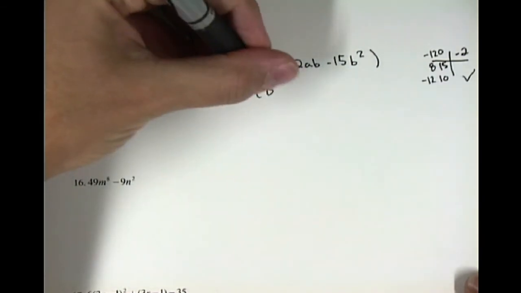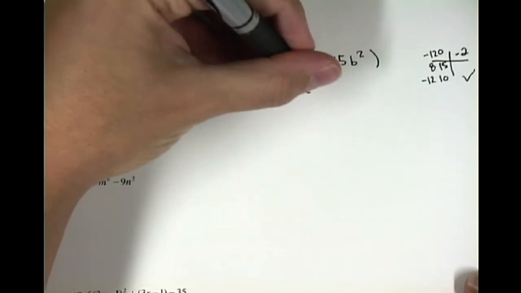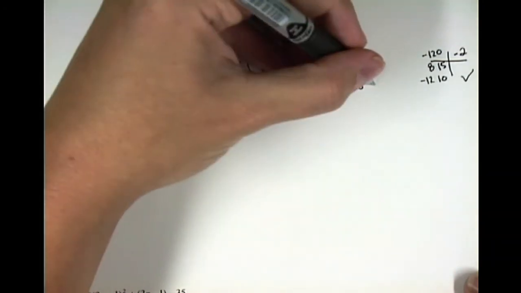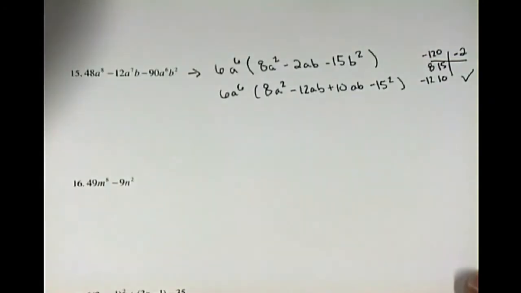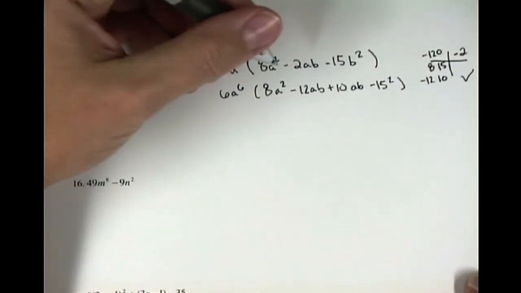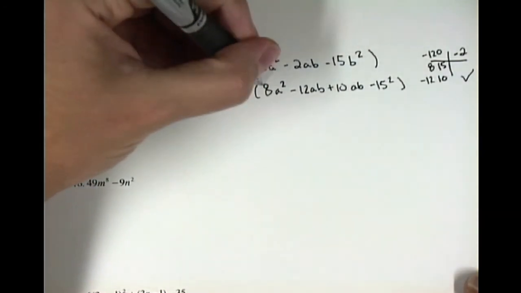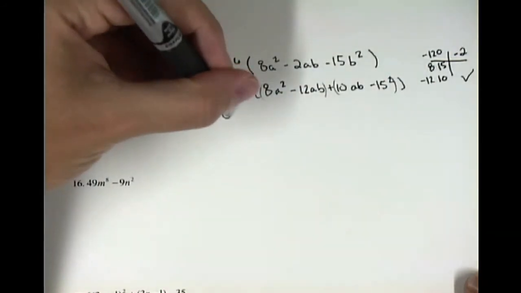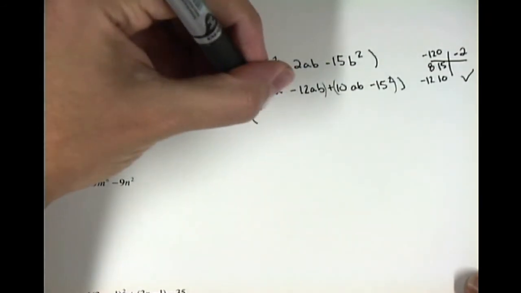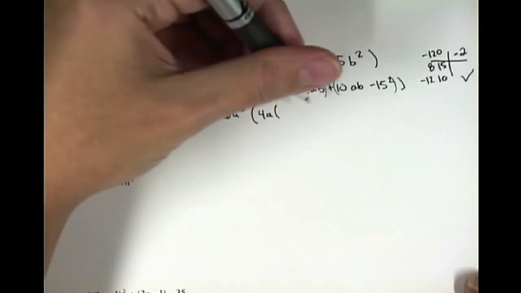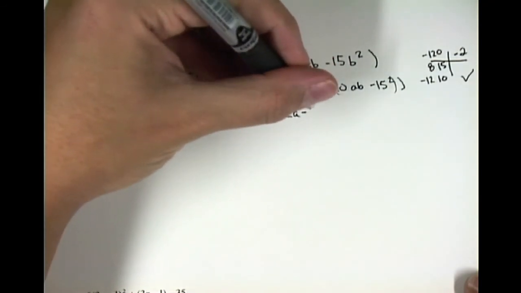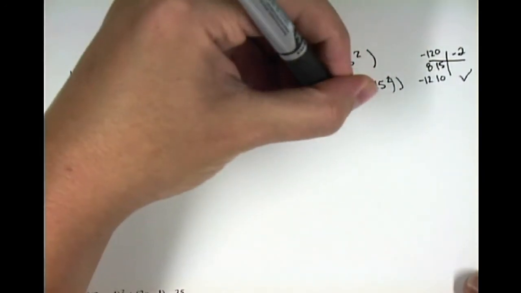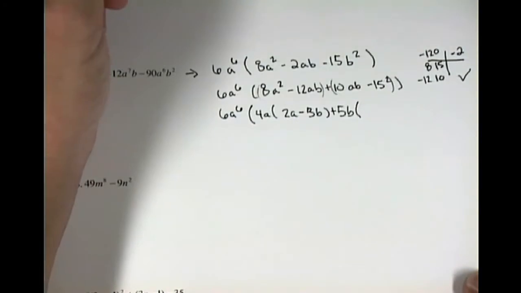So I will rewrite the expression using these two factors, replacing the middle term of the trinomial with these two factors. And then I will draw parentheses, of course, around the first two things and the last two things. And I will factor out what I can from the first set. I can factor out a 4a, and I would have a 2a minus 3b. From the second set, I could factor out a 5b, and I would have a 2a minus 3b